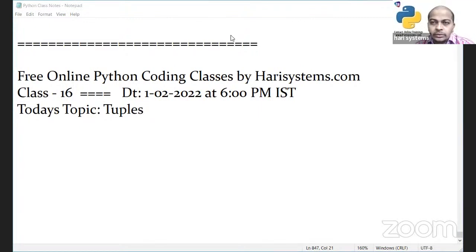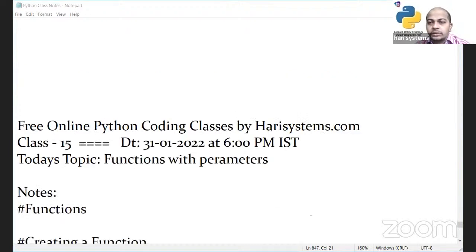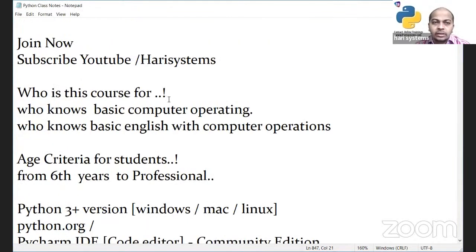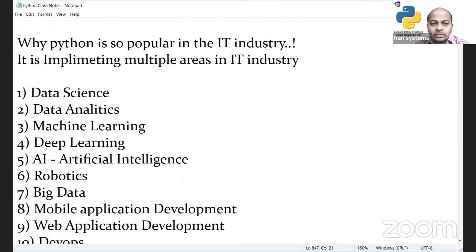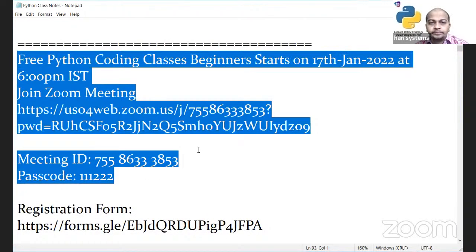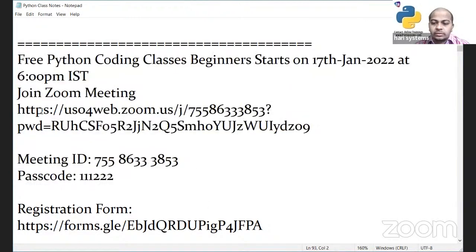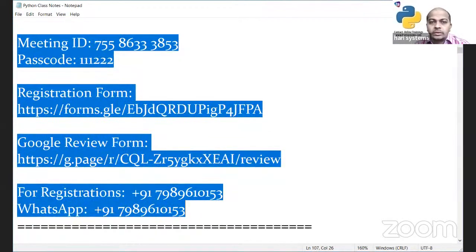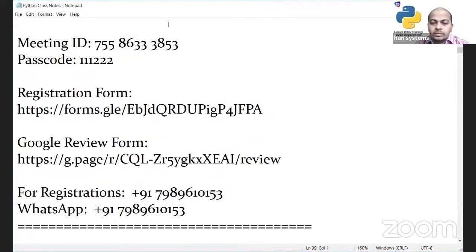What link do you require to join? You are asking me to send the joining link for Zoom. The same link only we are connecting on every day. If anyone is changing, you may also ask me.